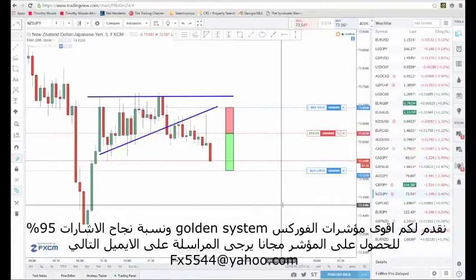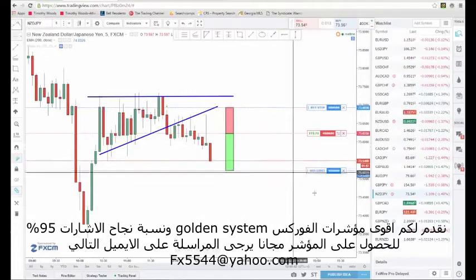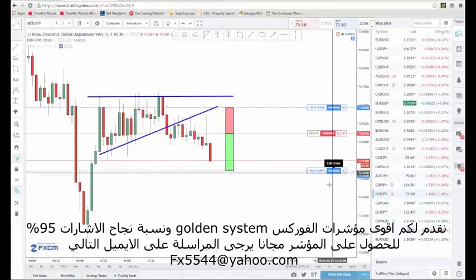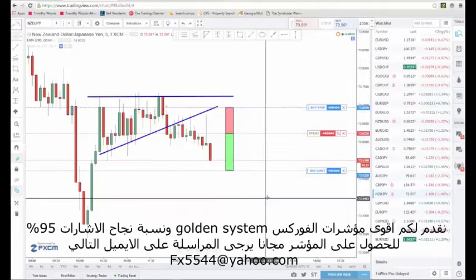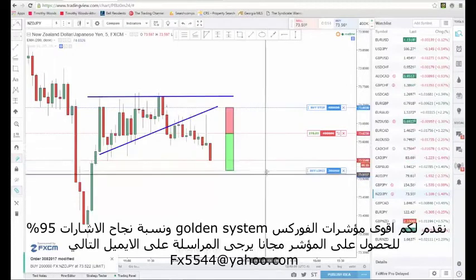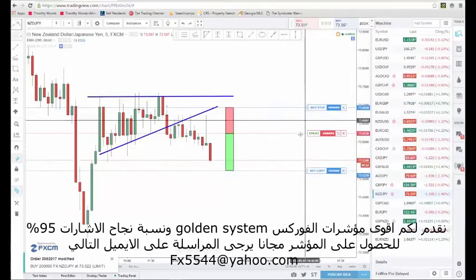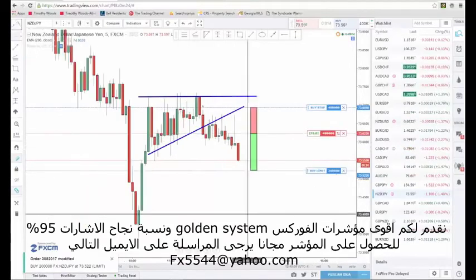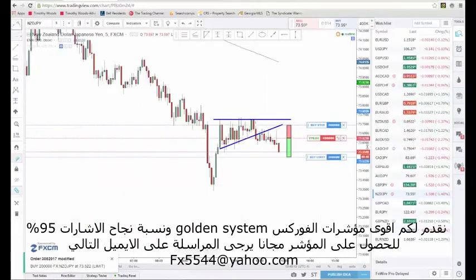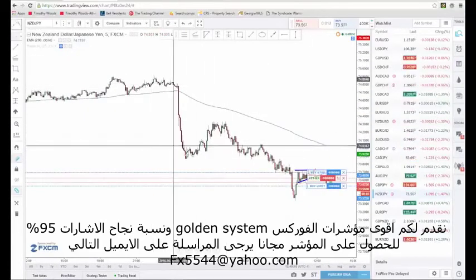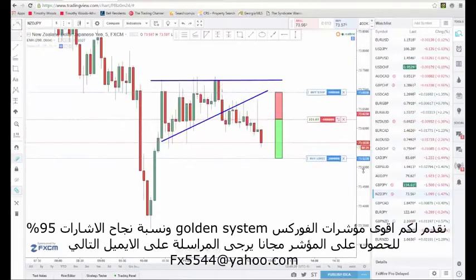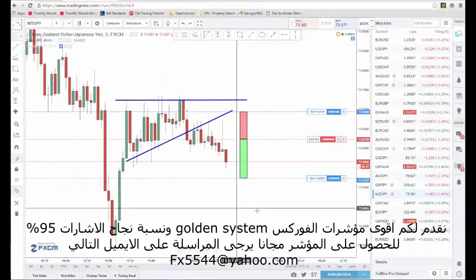So hopefully this market will continue down and we will be taken out for our take profit. And I believe I'm going to trade this with multiple targets today. So here I'm just going to go in and replace that with 2 lots instead of 4. So I'll be taken out for first targets here. At that point I'll move my stop loss down to break even and see if we can get some kind of trend continuation to the downside. As you can see, this market has been bearish for the past couple of days. Alright guys, I'll go ahead and pause the video and I'll be back if we end up hitting targets or